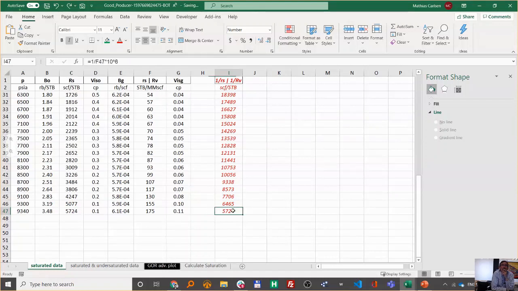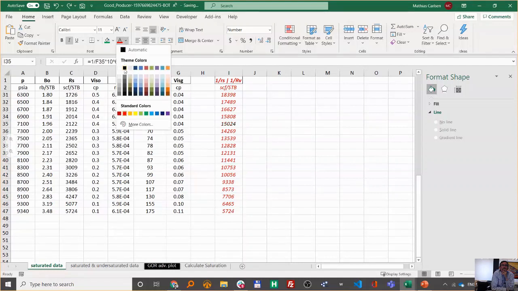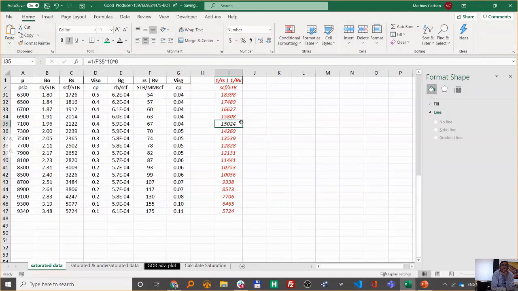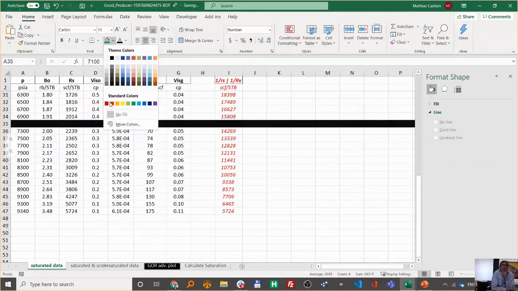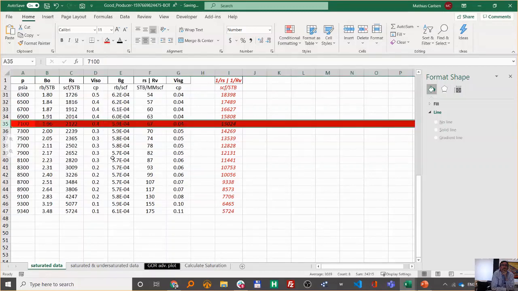And we find at some point down here that 15,024 is given, giving us a saturation pressure of 7,100. This is below 8,500, so we see yet again, just not graphically as we did earlier, that we're at